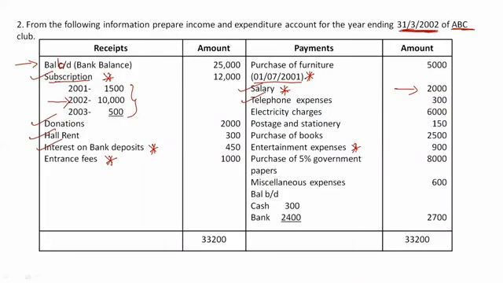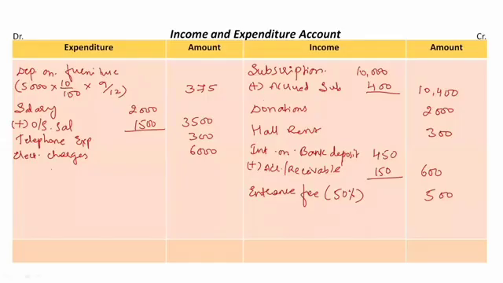Then back to question. Postage and stationery rupees 150. Again, these are our small sundry expenses which occur almost every day in the organization. Oh, sorry, in an NPO, right? So these are revenue expenditure, no adjustment relating to it. So take it as it is. Printing and stationery rupees 150.